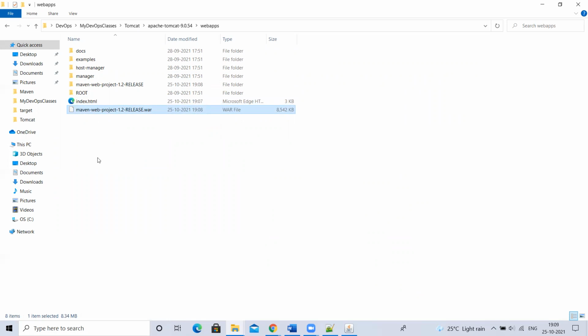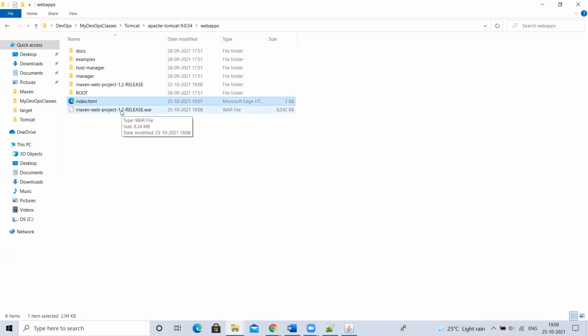In general, if I want to do index.html changes, what should I do? A developer has to modify the code and commit into GitHub. I have to pull the changes, right? I have to run a Maven goal. So using Maven, I'll generate a new war file like 1.2-release, 1.3, right? I'll update the version to 1.3.